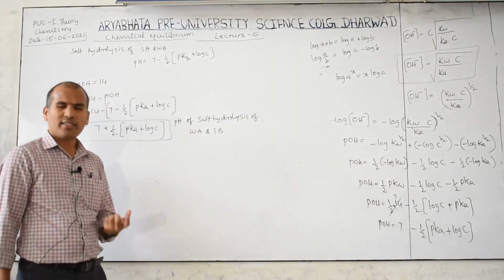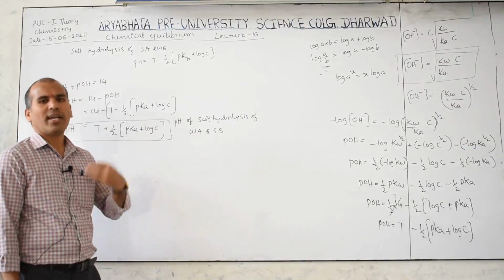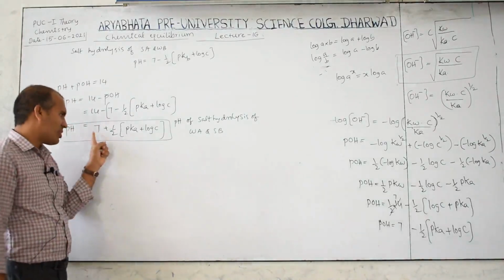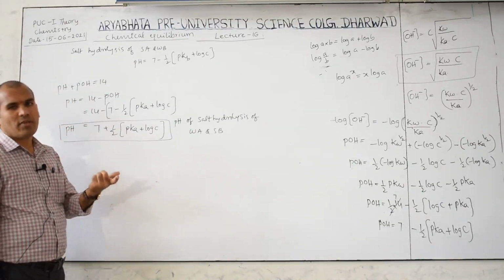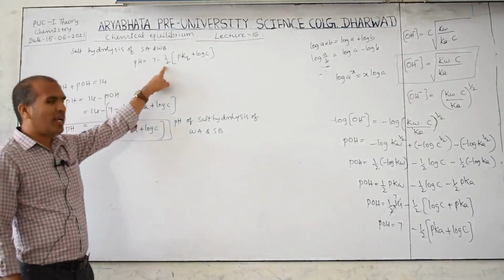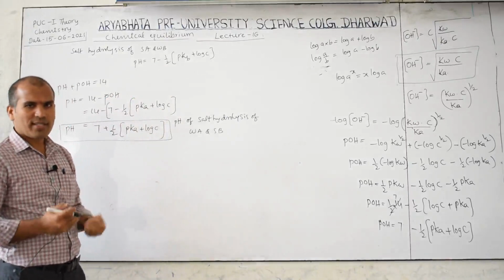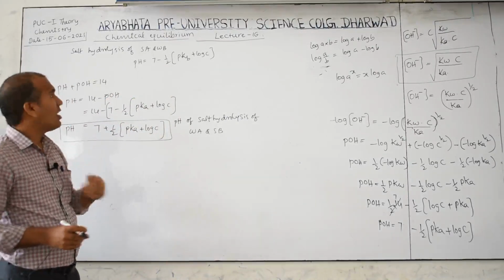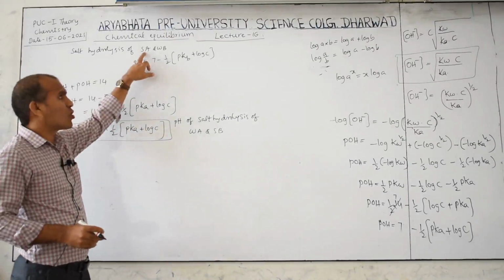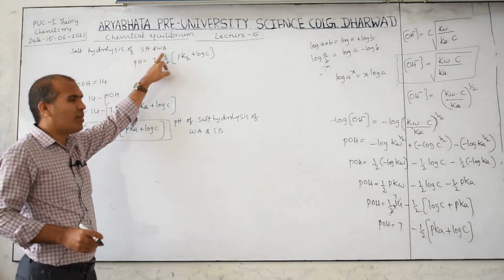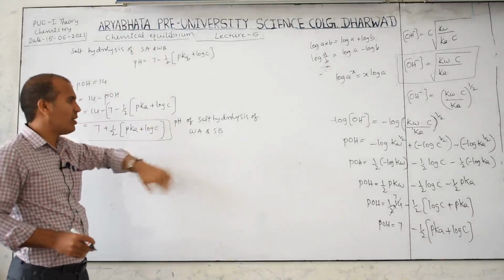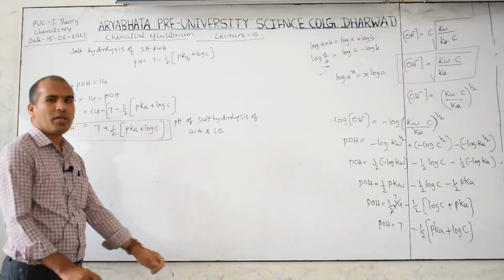When base is there, the pH value is greater than 7. Greater than 7 means 7 plus something. In the previous case, it was 7 minus something, which is less than 7. Less than 7 means acidic nature. Therefore there, the dominating character was strong acid, with weak base. So dominating here was strong acid. Here, which is dominating? Strong base.